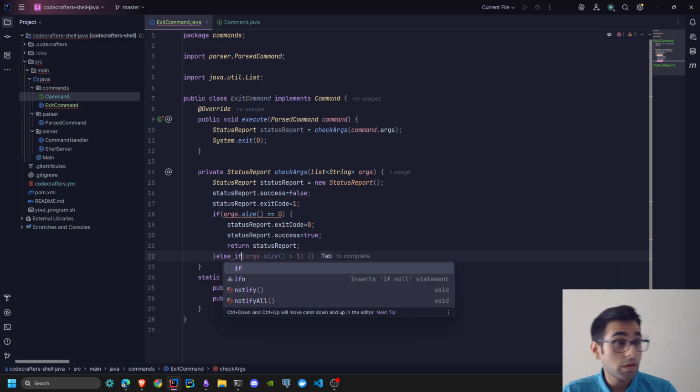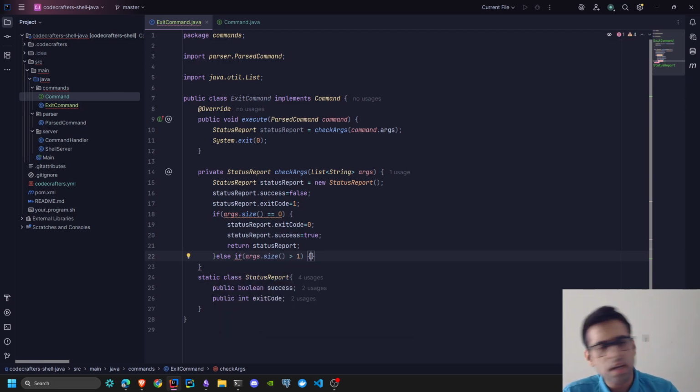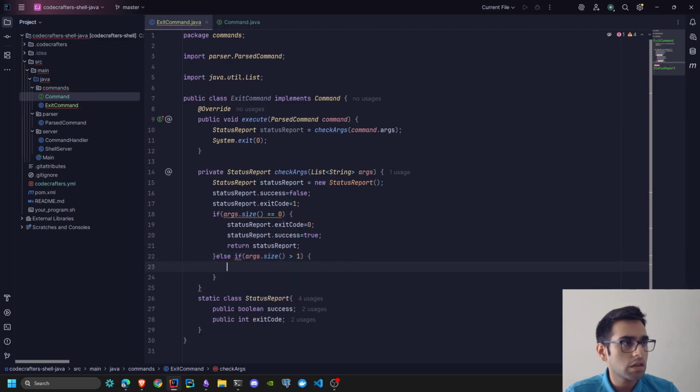Else if the size of this args is greater than 1, if that is the case, then I'm going to set exit code is equals to